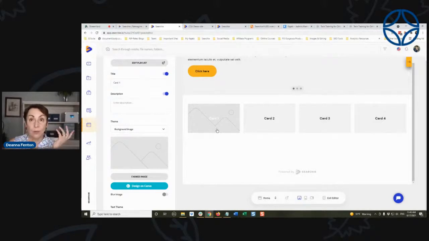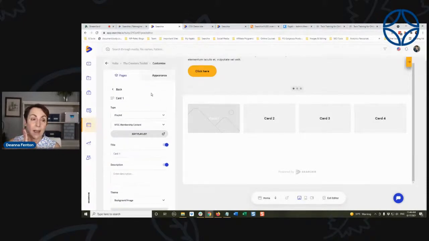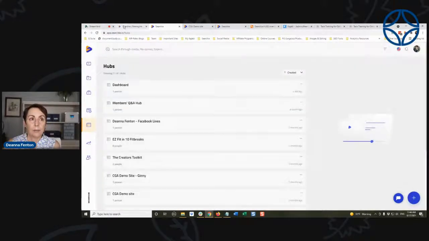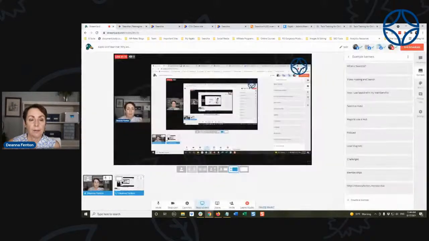So that means you can just, without exiting Searchy, go right in there, design it on Canva, and download it. When it downloads, it will automatically populate here. I think that is just absolutely brilliant. So I'm going to say no, don't save.